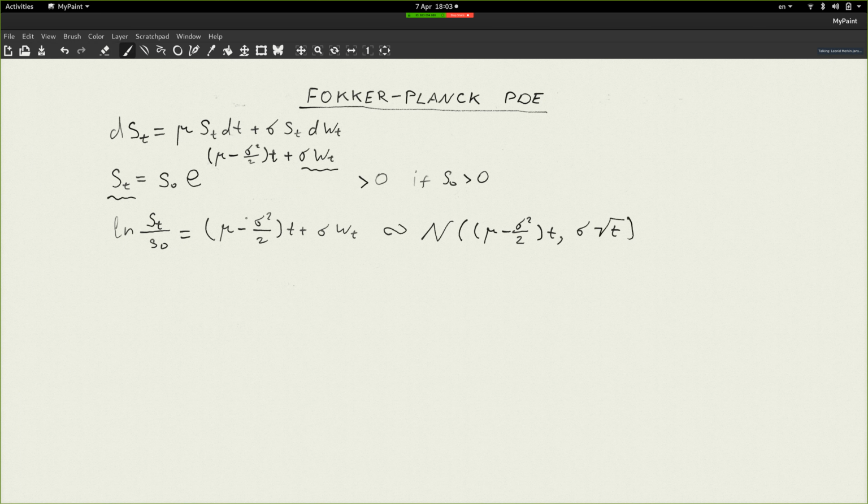But what about the general case? This is a relatively simple situation. It is a very classical one. You can find it in any standard textbook. It is pretty much clear what we have in this case. But let us consider the general case. In the general case, our one-dimensional SDE